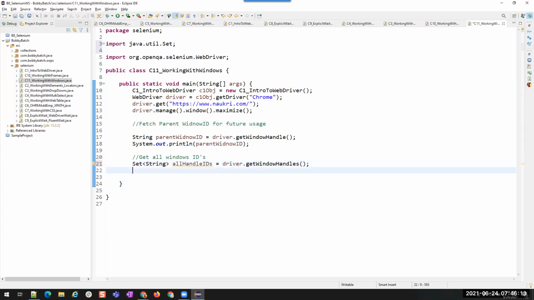You know how to print the values from a set? How to print? Forgot everything, I know.